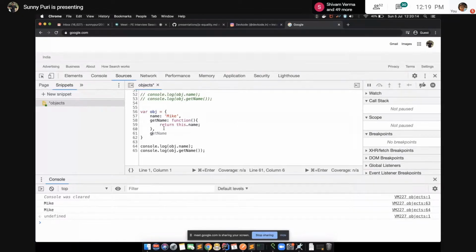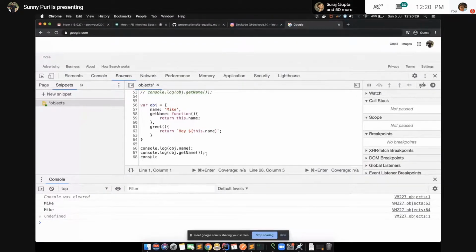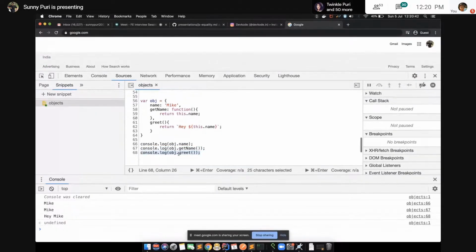Another way is, for example, a greet function which will greet, and I'm printing this.name. How can we call this function? In the same way. Mike is coming from this one, so it prints hey Mike in the console.